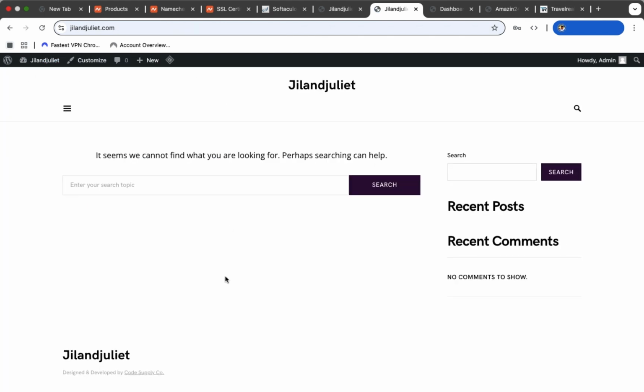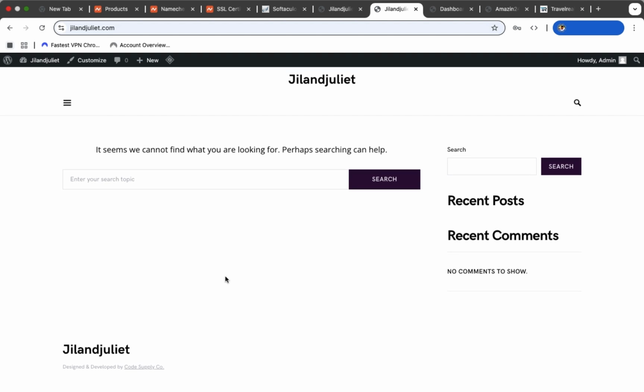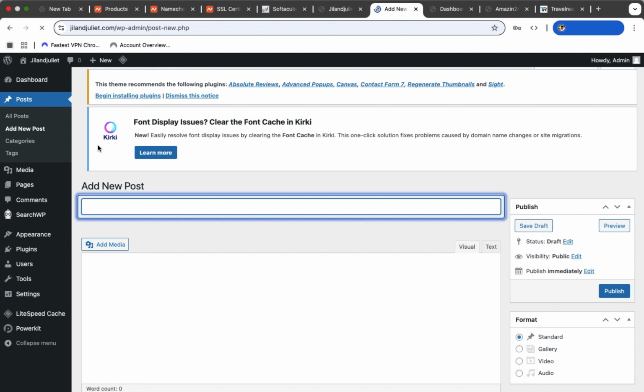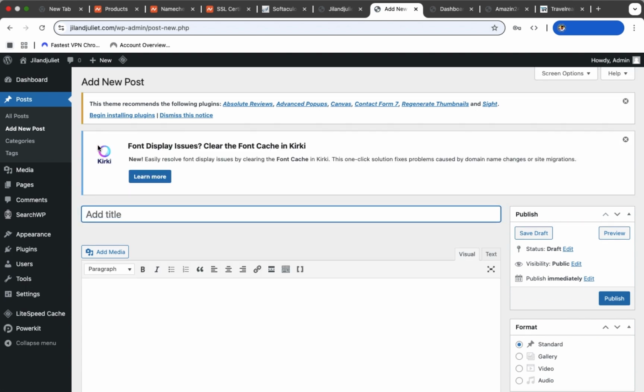Here you can see how the website looks because it has not been customized and there is no post yet. So we'll be going to the main business now, and here you come to post again. Go to add new posts, because we'll be needing something like 5 or 6 posts so that we can use